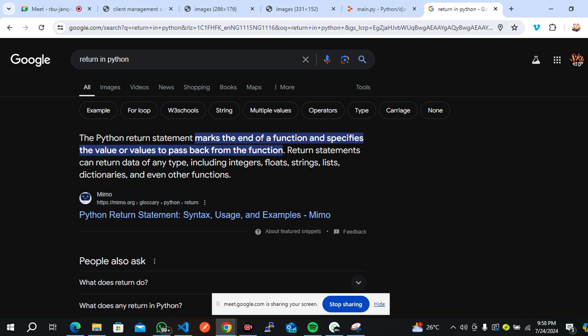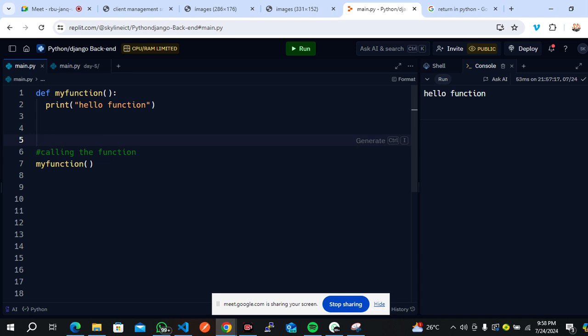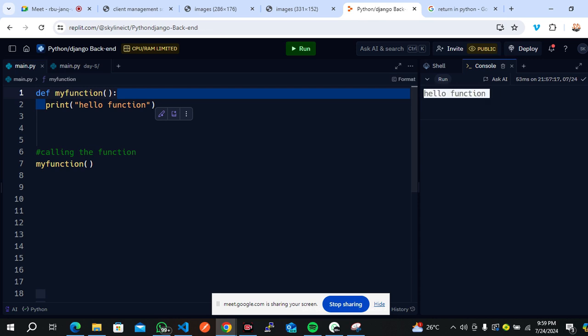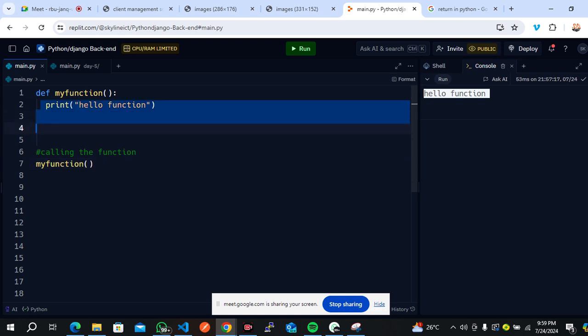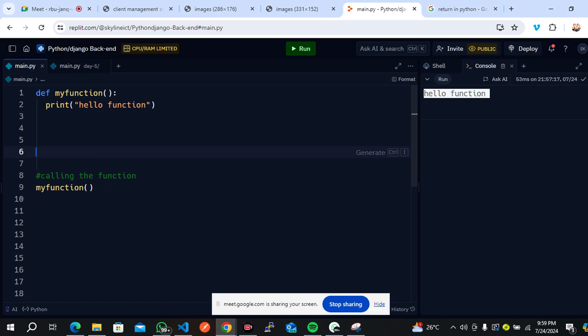What the return statement does is, number one, it will replace this print by printing this code outside. So if you want to return this code to the terminal or to the front end, you need to return that function. So let's upgrade this code. Let me create a function